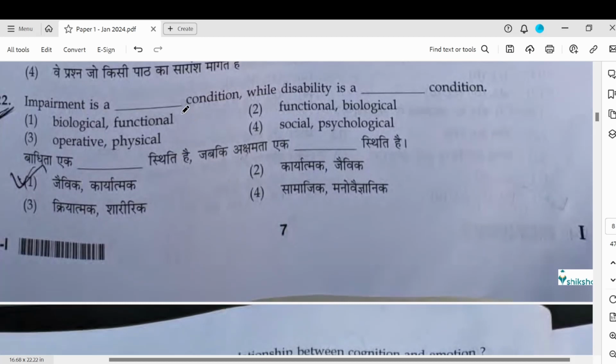Impairment is a dash condition, it's a biological or a physiological condition. So by that you get this answer. Impairment is when you are not able to do something. You don't have an eye, you can't hear. So that's a biological or physiological, that's a better word, condition. Whereas disability is a functional condition. That means because you don't have your eyes, you're not able to read, but maybe you can hear and do something. So that's a disability. So impairment is biological, whereas